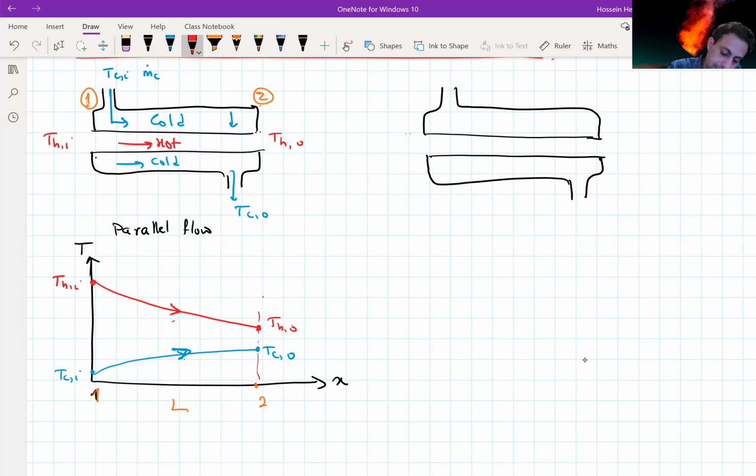So let's say we have the hot flow just going in this direction, and the cold stream in that direction. So here, if I plot for this counter current flow,